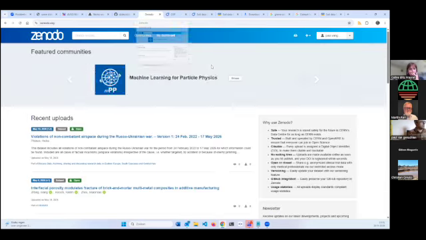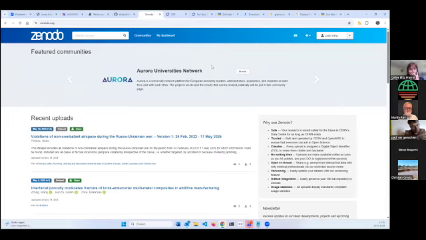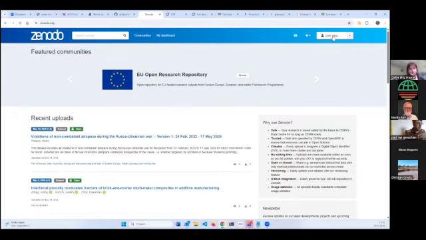Zenodo is a big repository in Europe, and it's one of the only ones where you can publish data without any financial restrictions, and it has a sensible continuity strategy. So I logged in as myself.